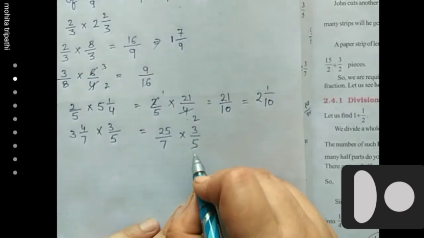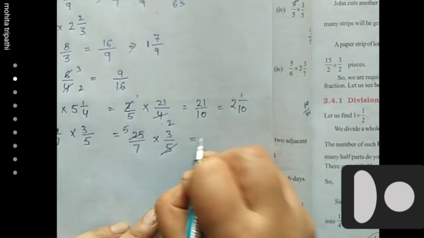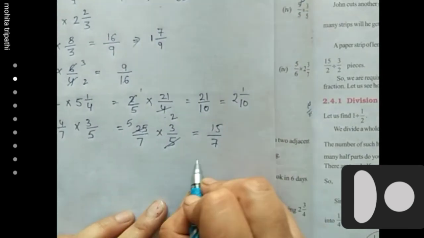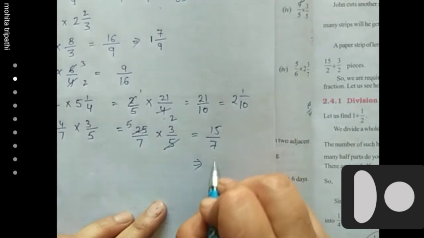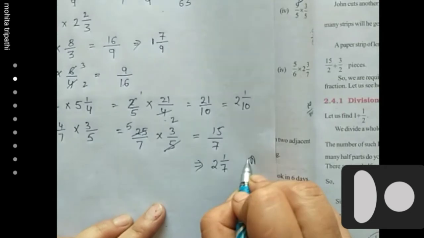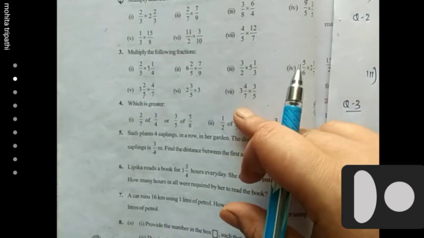And it needs to be multiplied by 3 upon 5. Now, if you can convert it into the reduced form, yes. 5 5s are 25. Now 5 3s are 15, and upon 7. Now again you can convert it into the mixed fraction. 7 2s are 14, 1 upon 7. So that is your answer. So similarly, you can solve the rest of the questions. Question number 1, 2, 3, the rest of the parts you can solve.